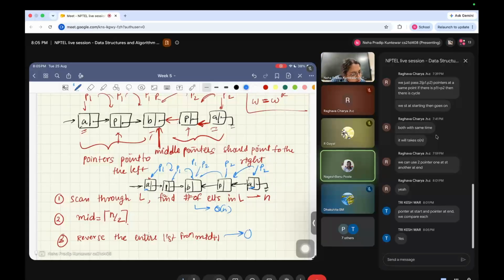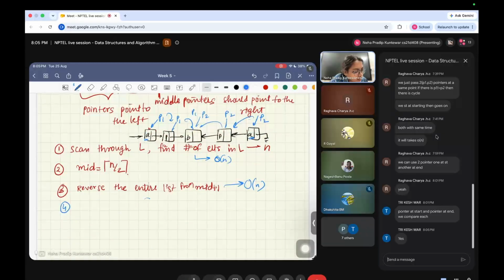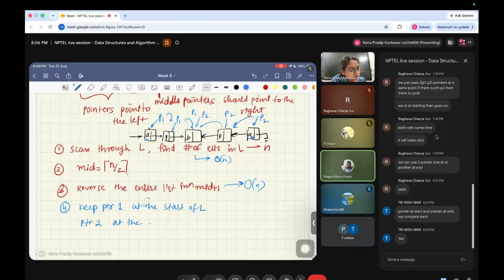Yes, so that is also order n. Okay, so overall, after this point we just keep pointer 1 at the start of the list and pointer 2 at the end,